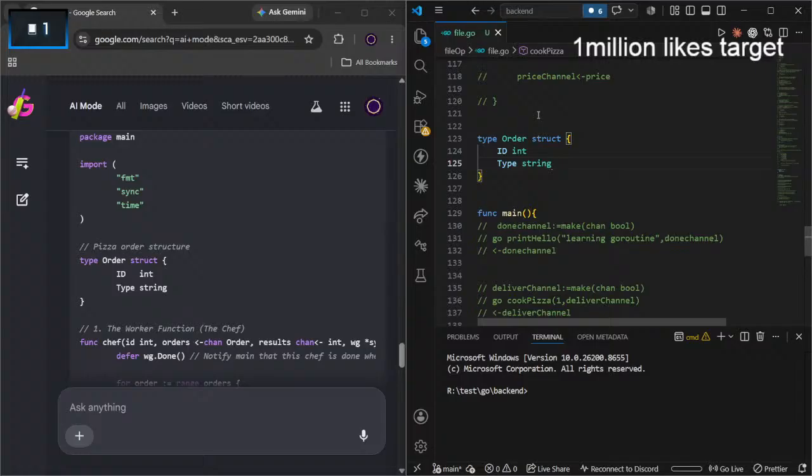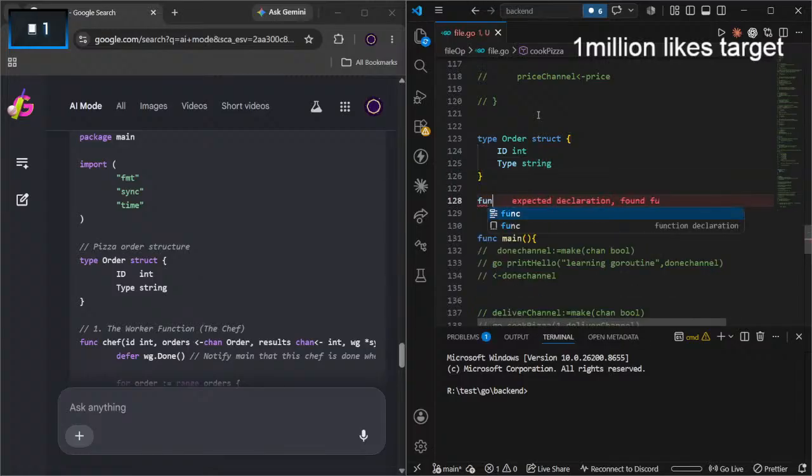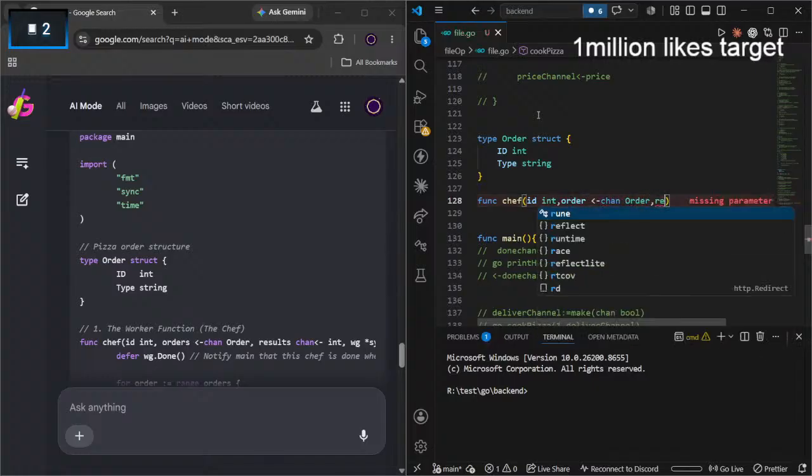And we are going to create a chef function which is going to take my ID as an integer, orders as a channel of order, and wg also going to be a channel.